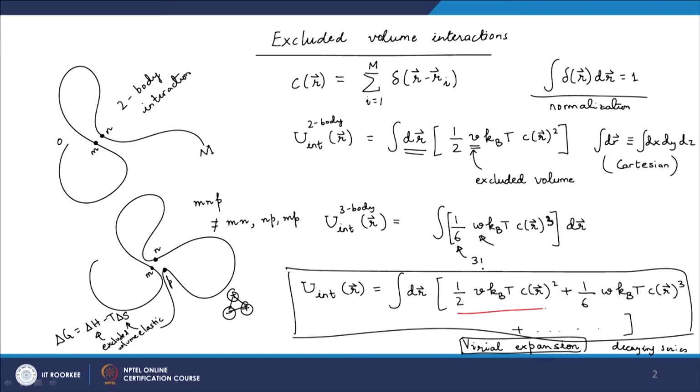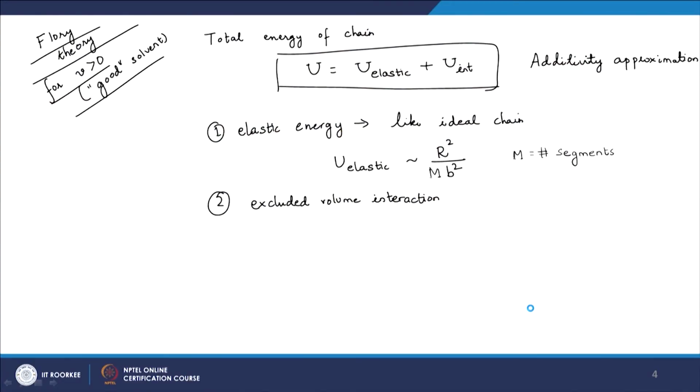The first approximation is that V is higher than 0 and the first term is much higher than the remaining terms. So we only consider the first term to be the dominant term and we drop everything else. That is the first approximation. The second approximation is that we will not worry about the connectivity of the polymer chain for the purpose of considering the excluded volume interaction. So what this means is